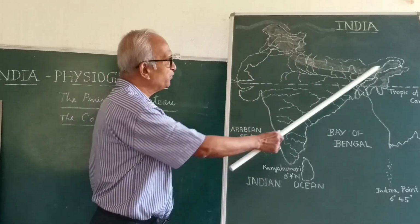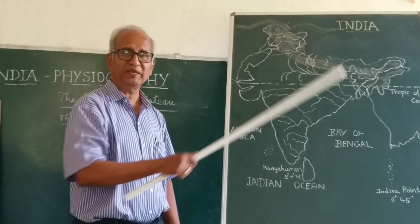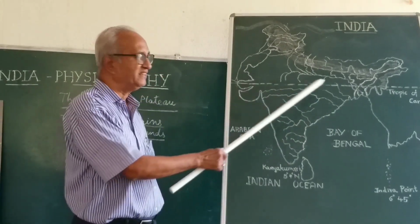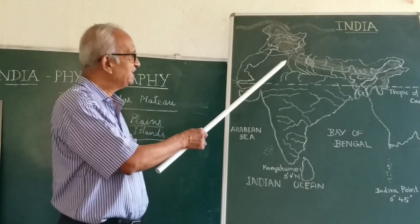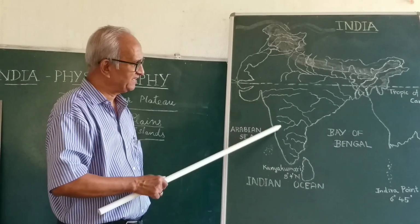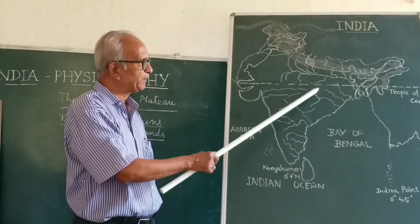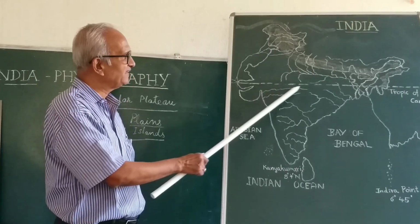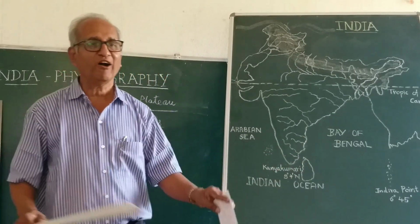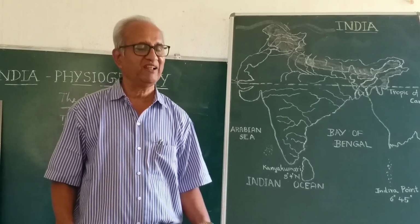Now here you have the northern mountains. Here you have the northern plains, highly fertile alluvial fields. Next to that, you have the Peninsular Plateau, which is triangular in shape. It is bounded by the Aravalli Hills here, the Western Ghats, the Eastern Ghats, then the Chota Nagpur Plateau, then the Vindhya mountains here. These happen to be the boundary of our physiographic division under discussion now, the Peninsular